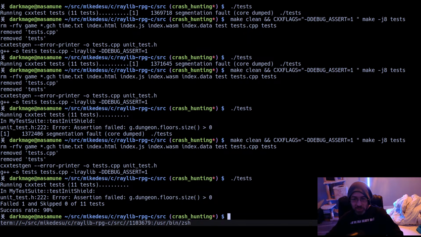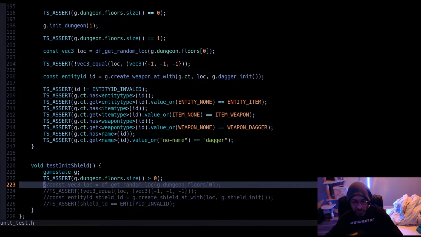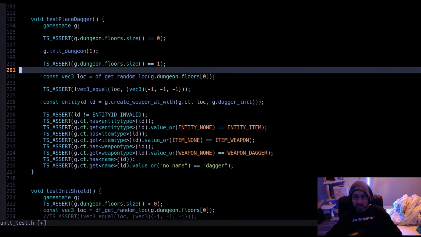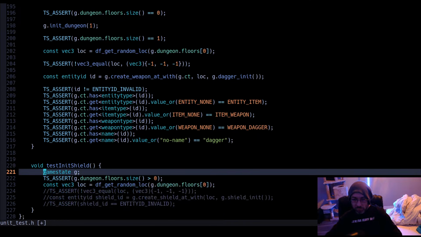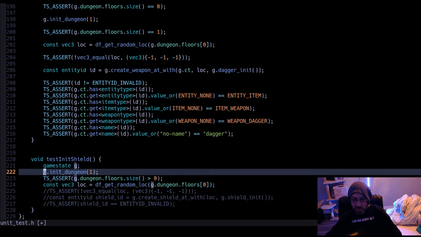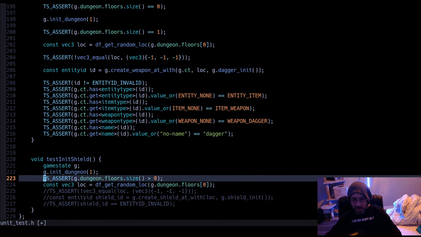Okay. So it failed at that point now, right? It shouldn't even execute this at all, honestly. It shouldn't even get to that point. But we're gonna go ahead and pull down init dungeon. So this will pass.